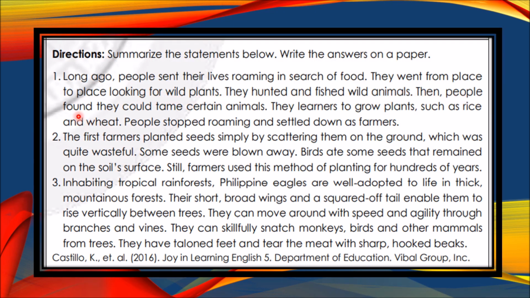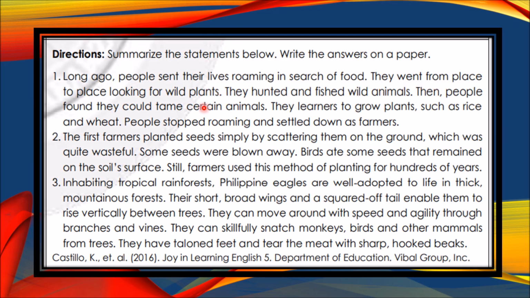Then people found they could tame certain animals. They learned to grow plants such as rice and wheat. People stopped roaming and settled down as farmers. So, let's classify first. What will we do? First, let's look at the main idea, then the supporting details. The supporting details are